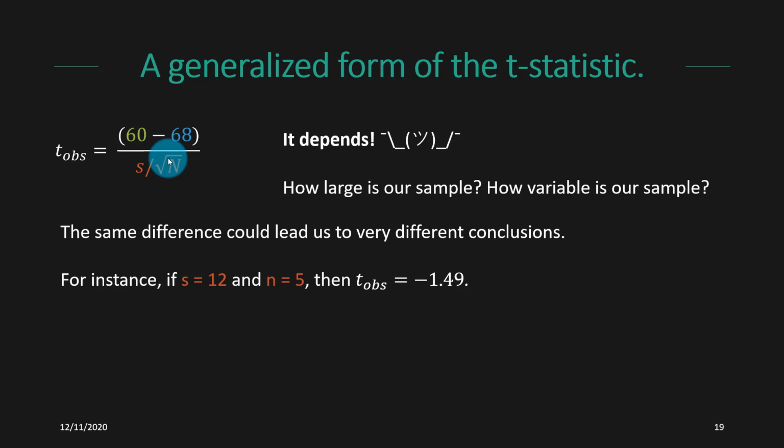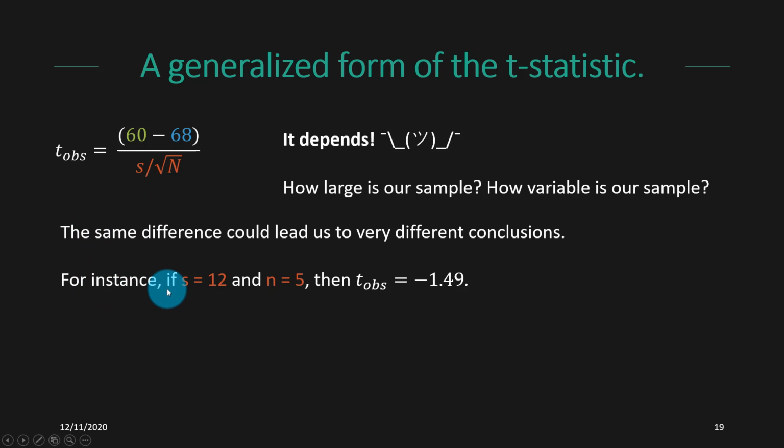Well, the answer is going to be that it depends. We don't actually have enough information to completely solve this problem. We know that we observed a mean beats per minute of 60, and we have a hypothetical mean of 68. So we know that this is below the hypothesized value. But how far below is it? Well, we need to know the standard deviation and we need to know the sample size in order to calculate the standard error. Because if this standard error is large, this 8-point difference might not be very meaningful. But if this standard error is small, then an 8-point difference might actually be very unlikely. So the same difference could lead us to potentially different